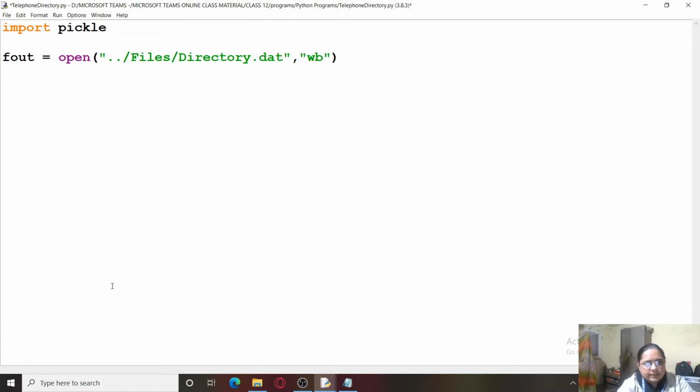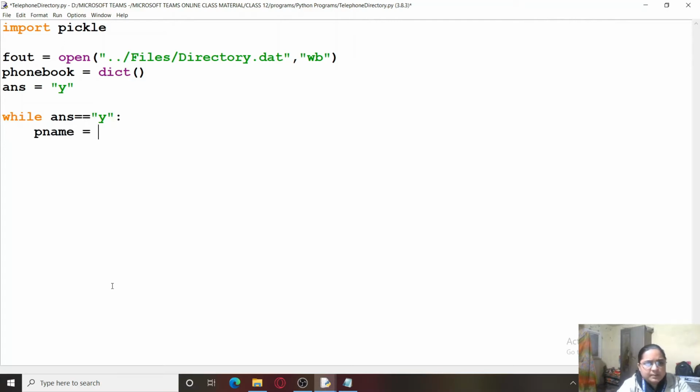Now within this program, what we are going to do is simply ask for values in a directory. So for that we need to create a dictionary. Let me name the dictionary phone book, and I will use the dict function in order to create an empty dictionary. And now I will be first asking for values from the user. So again the usual drill, you know the drill already. While ans is equal to y, we will be asking for the values from the user.